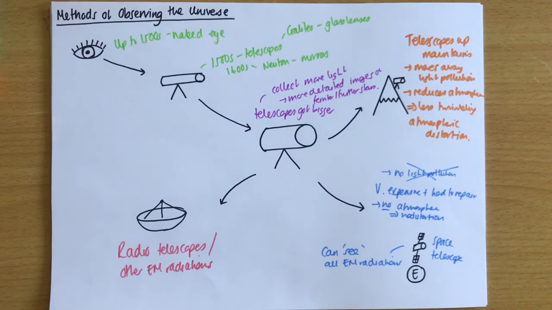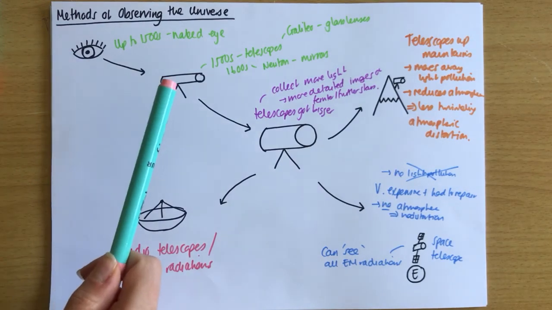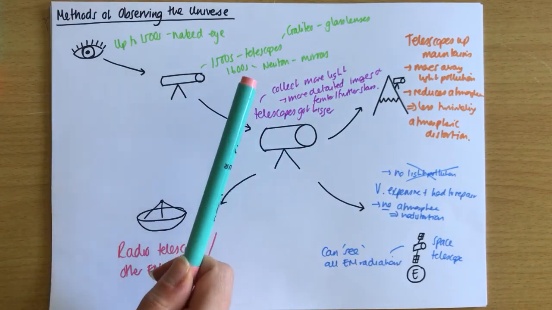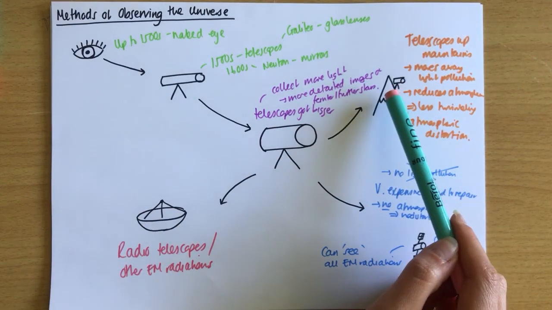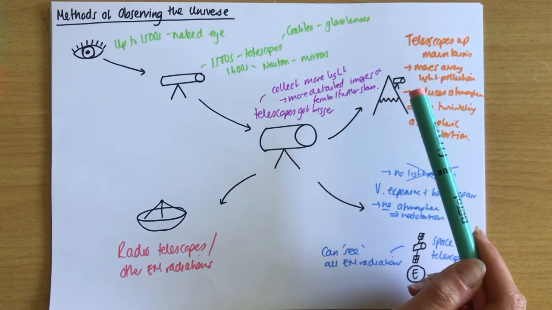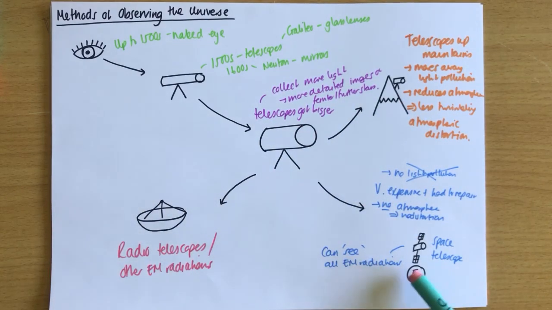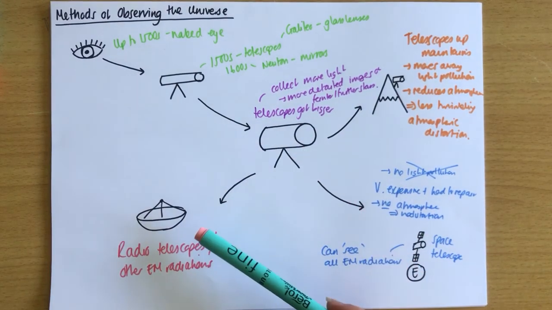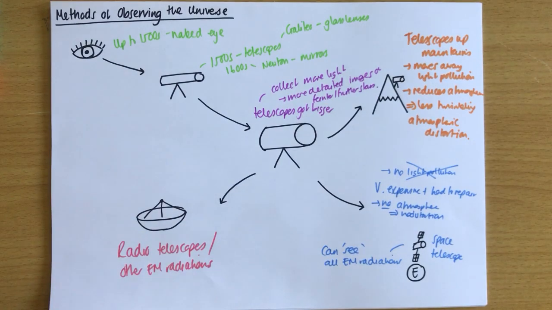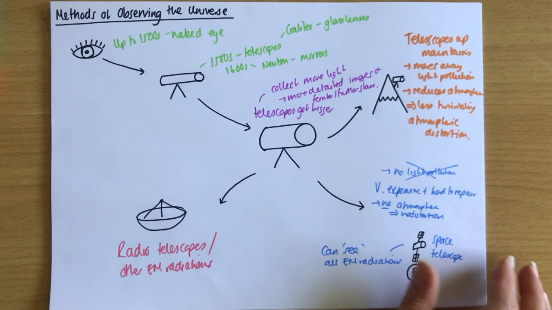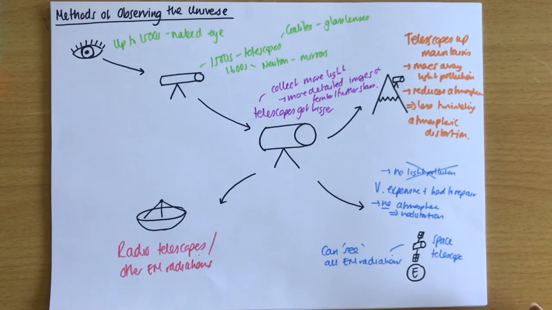So over time, our methods of observing the universe have gone from nothing to telescopes with glass lenses, and then to mirrors, to bigger telescopes, and then to moving those telescopes to mountains or other areas to improve their visibility, and then even into space, and by diversifying our telescopes to not just see light but to see other types of EM radiation as well. So that is space in 40 minutes, which is quite a long time, but it's quite a